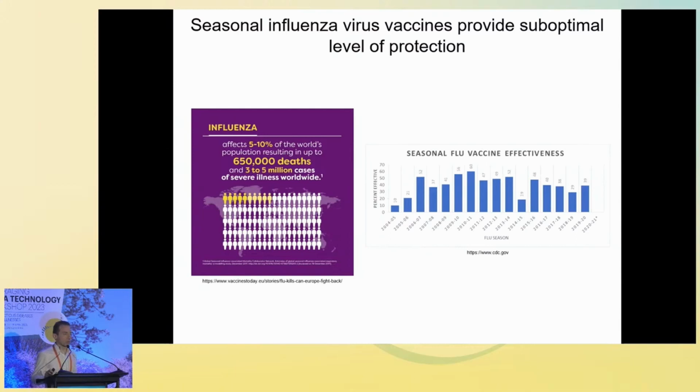If the vaccine strains match well with the circulating strains, then the effectivity of these vaccines can be 50 to 60%. But in some years, when the vaccine strains do not match well with the circulating strains, the effectivity can be as low as 20%. So obviously, there is a huge need for the development of more broadly protective